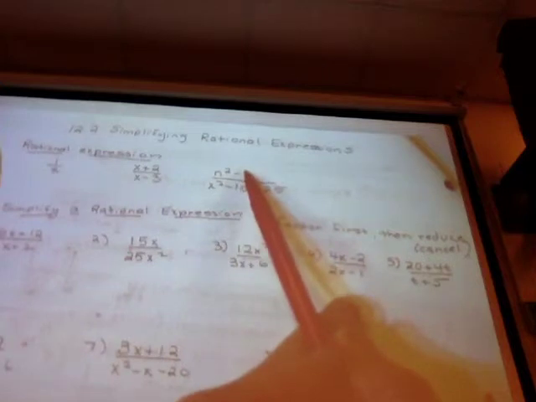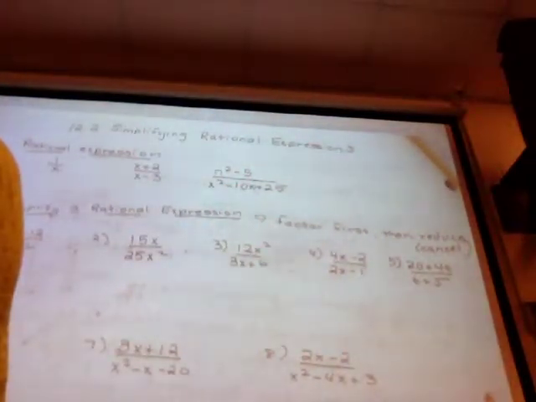12.2, simplifying rational expressions. Yesterday we talked about what a rational function is, and it's when you have a polynomial over a polynomial, and you have an x in the denominator. So all of these are rational expressions. Here on the first one we have a monomial over a monomial, a binomial over a binomial, a binomial over a trinomial. Now, just like any fraction, because it is like a fraction with variables in it, we can always